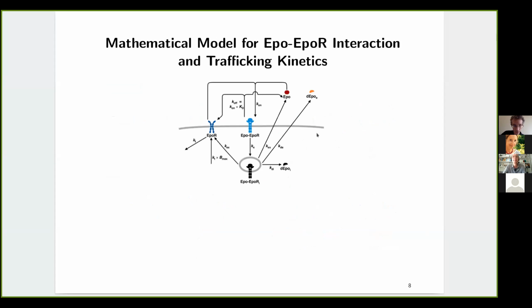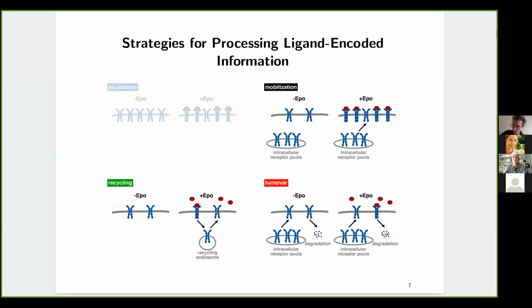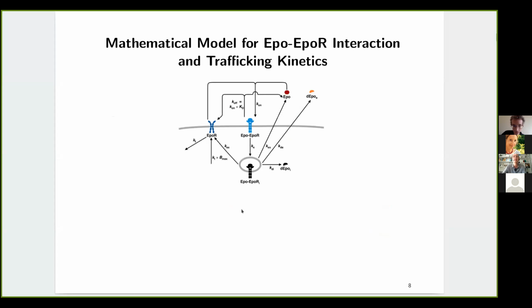And what we came up with is that we need these two mechanisms to describe the data I will show you in a second. And so this is how the model now looks in a little bit more detail. Here we have the constitutive turnover, and here we have this recycling. Epo can bind with the Epo receptor to form this complex, and they can unbind again, and then Epo can be degraded inside the cell or to the outside of the cell, or Epo can go back in this recycling process